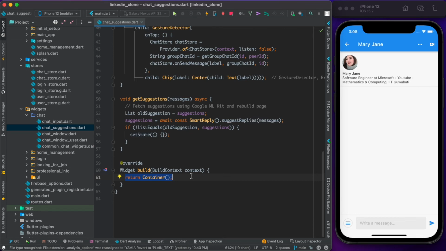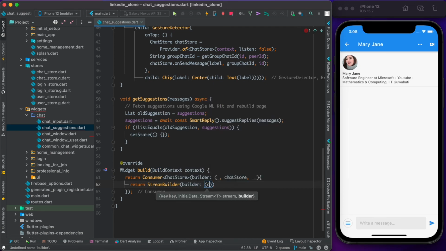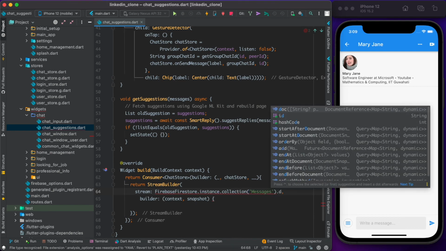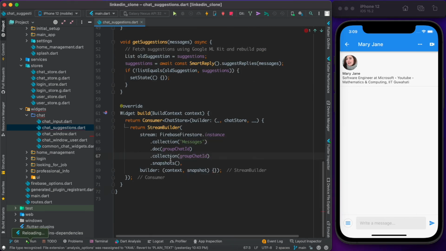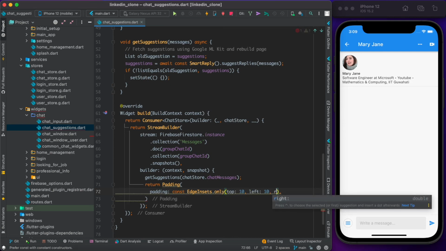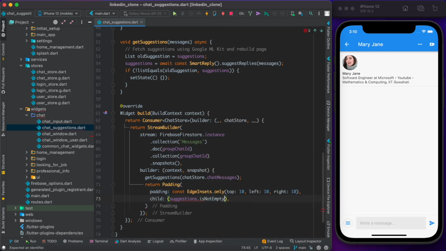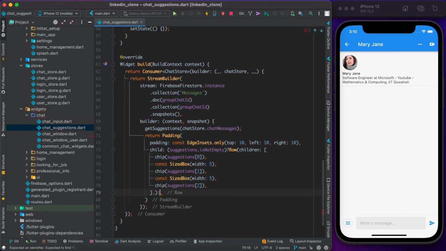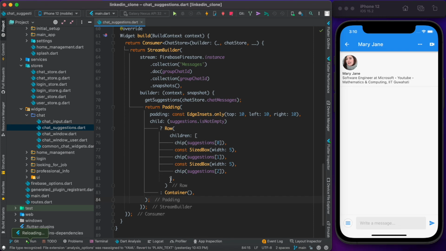So let's go ahead and do that. Okay, so that completes the widget build.